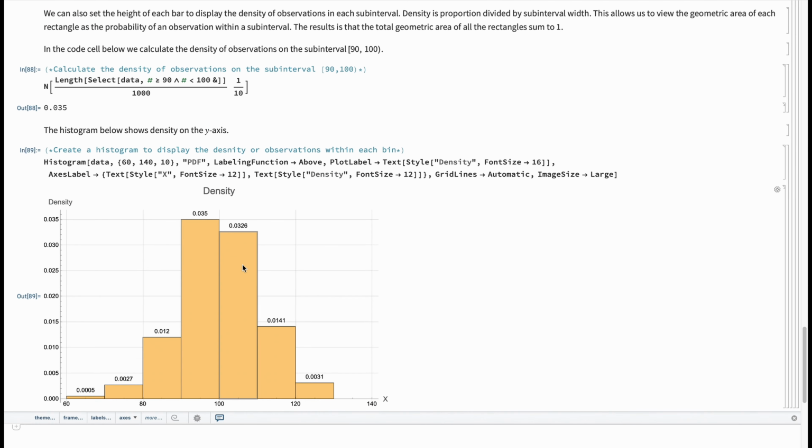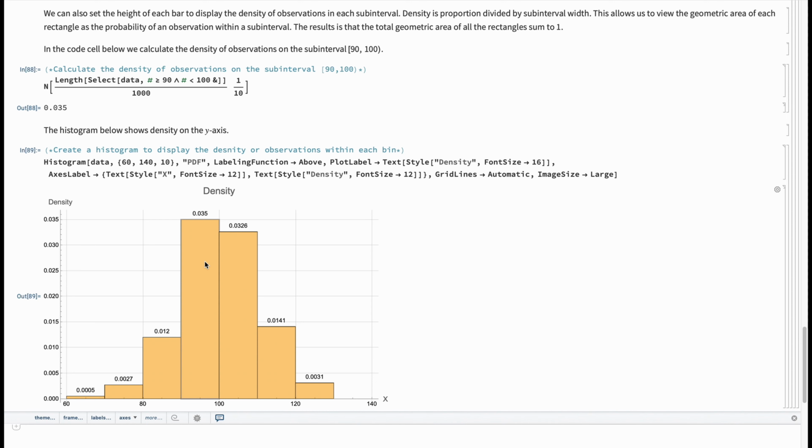this histogram, and now you can see the y-axis is different from before, and what it indicates now, the height of each of these rectangles, is just a height. And if I take the geometric area of every bar, of every rectangle, I do the height times the width, I would get the probability of taking a value at random from this 1000 and finding it within that specific bin. So this bin width is 10, and if I look at the height of this bin that we've been talking about, that's 0.035, I multiply that by 10, now I'm back at a probability,